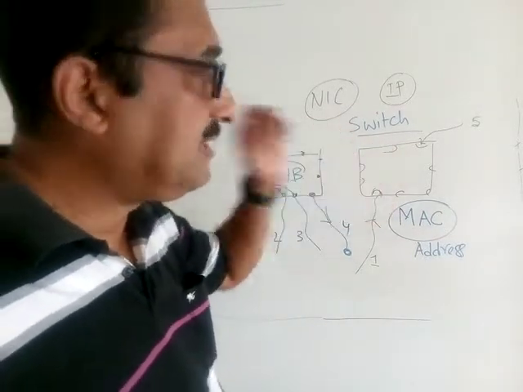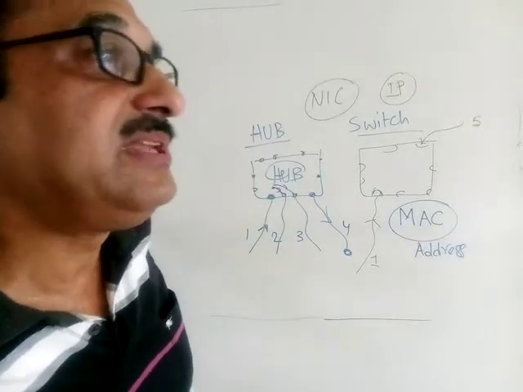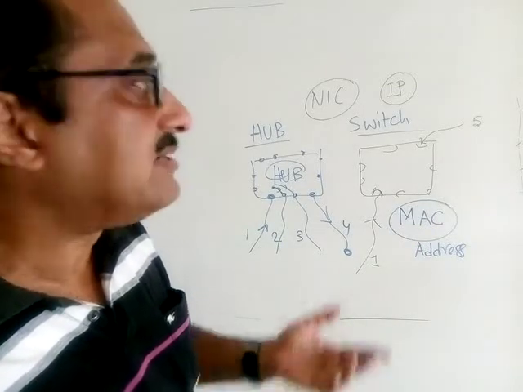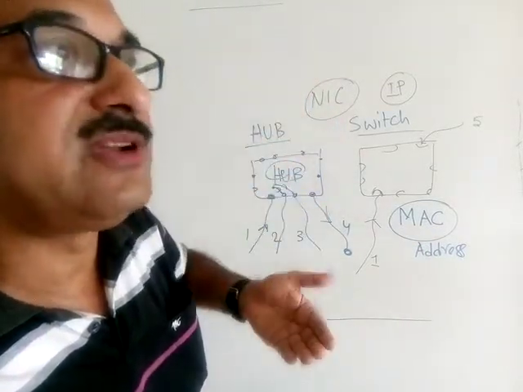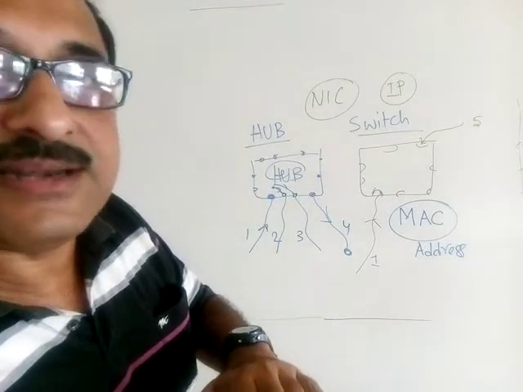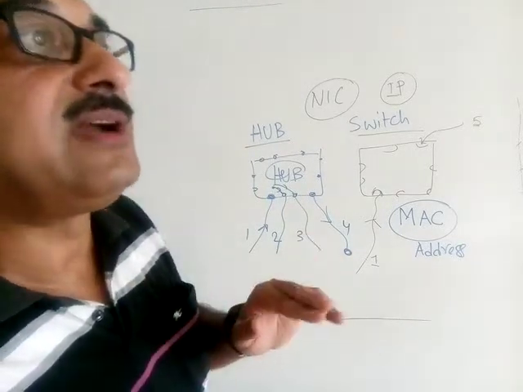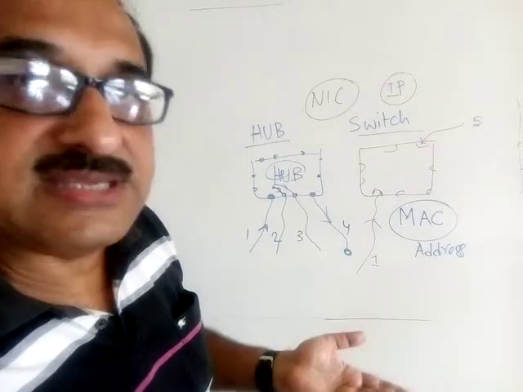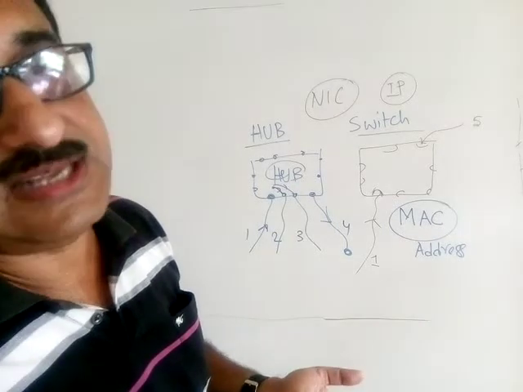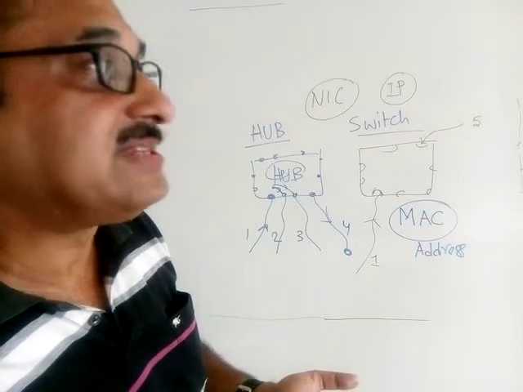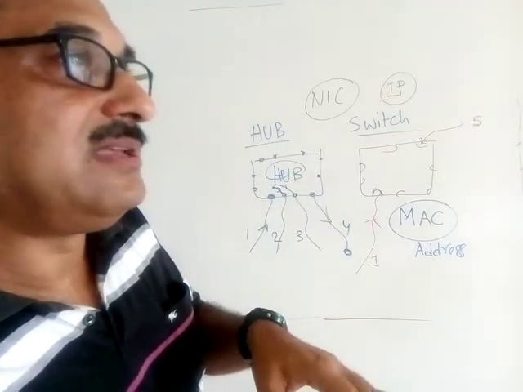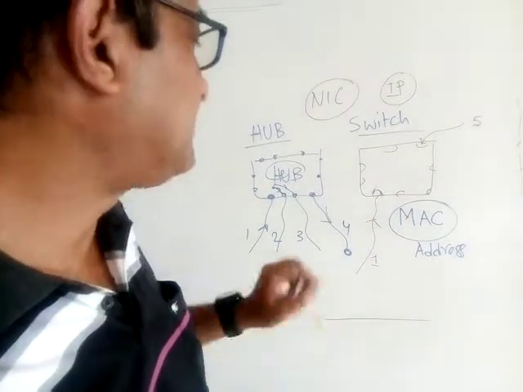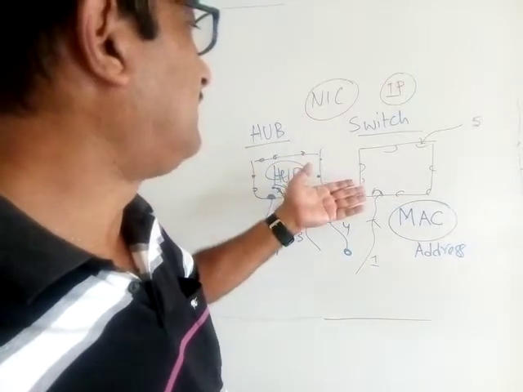So remember, in a switch basically the MAC address is used, the media access control address, and obviously this MAC address is a fixed one. Once a network interface card is attached to your computer, you have a fixed physical address. That address will never change. But whenever you connect your computer to a different network, you can be assigned a different IP address by the internet service provider. That can be possible. So you can say the IP address is varying in nature, but the MAC address is not varying at all. So in the next video we will see the other networking devices.